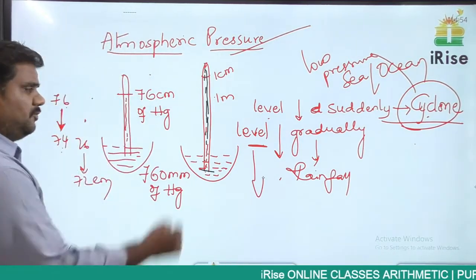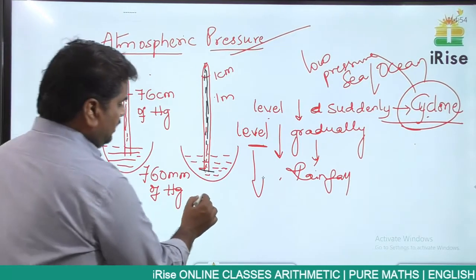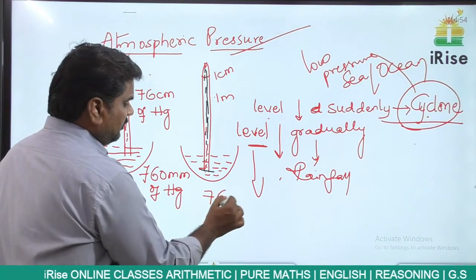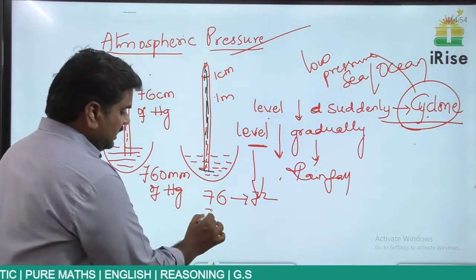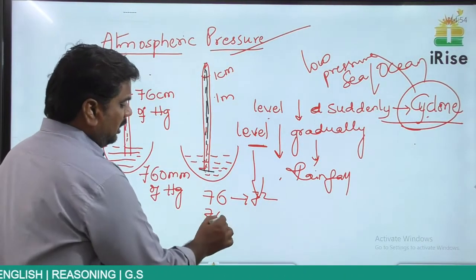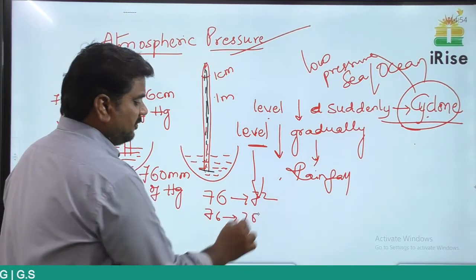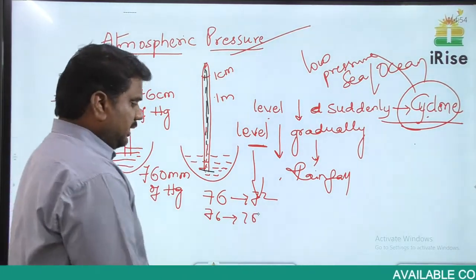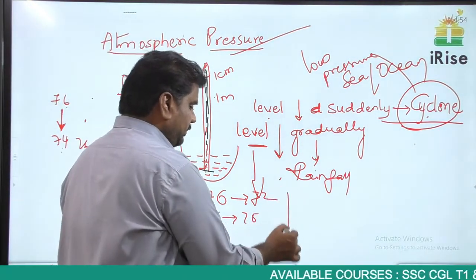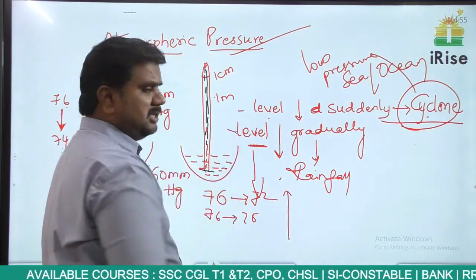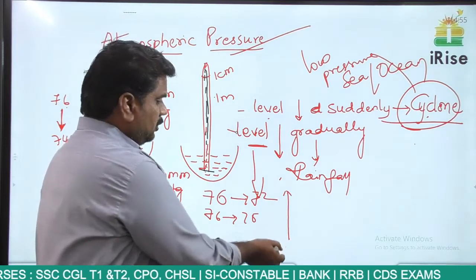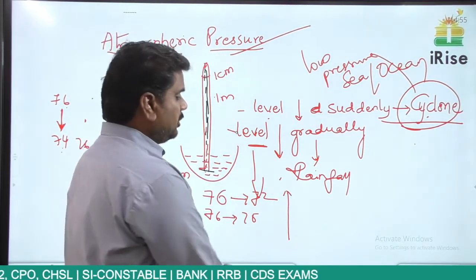First it is decreasing suddenly, maybe from 76 to 72 or 73, or else decreasing gradually or slowly from 76 to 75 centimeters. After the decrease, in the first two cases it is decreasing, if the level of mercury increases, it